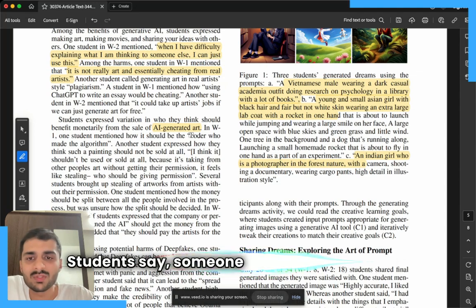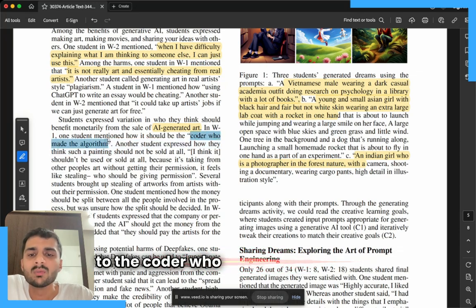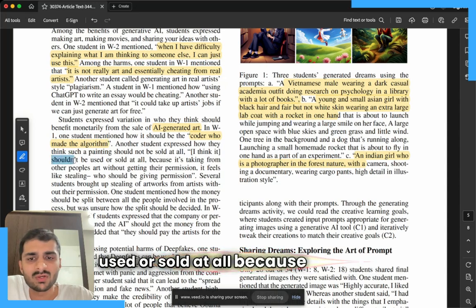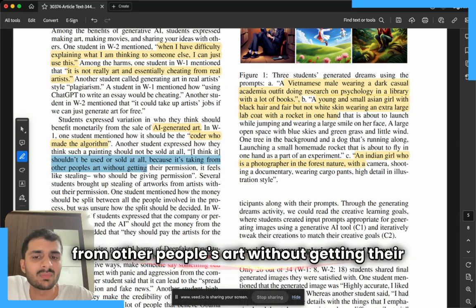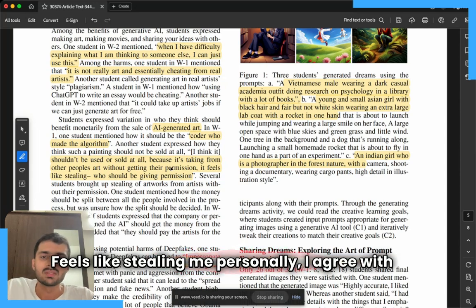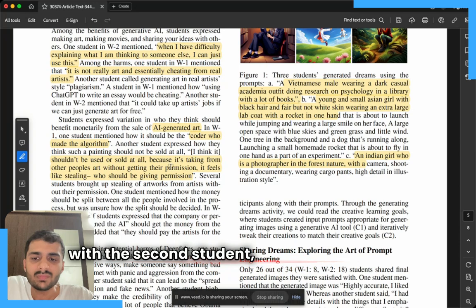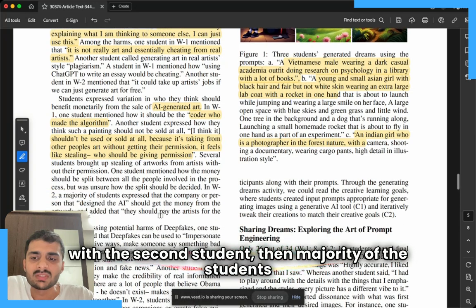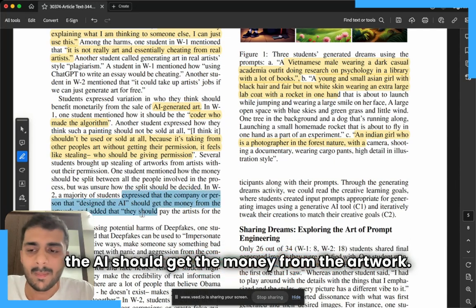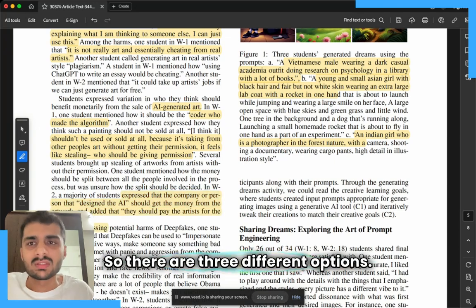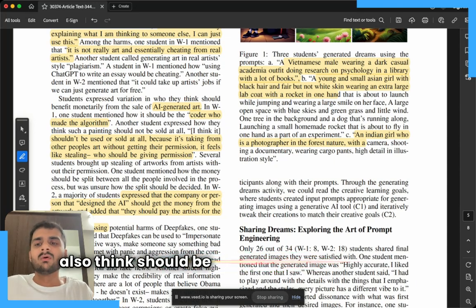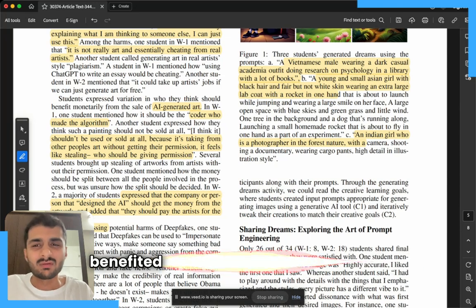Someone says that it should go to the coder who made the algorithm. Some other person says that it shouldn't be used or sold at all because it's taking from other people's art without getting their permission. It feels like stealing. Me personally, I agree with this second student. Then the majority of the students express that the company or the person that designed the AI should get the money from the artwork. So there are three different options. Let me know in the comments what you also think